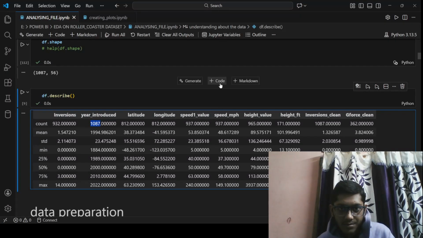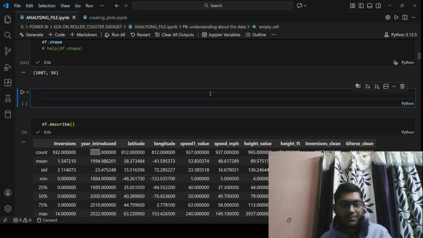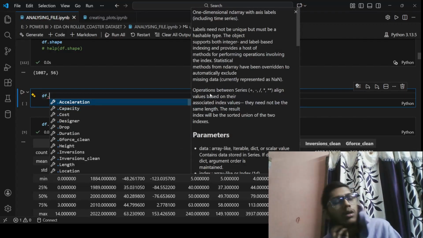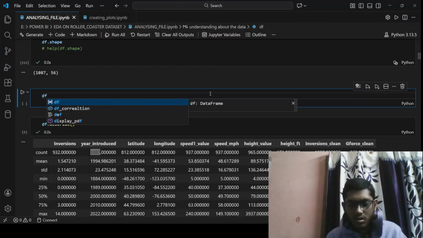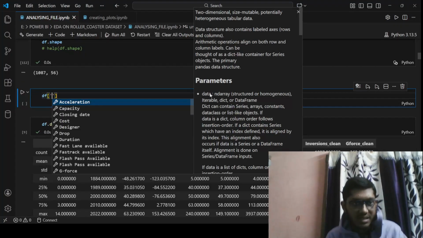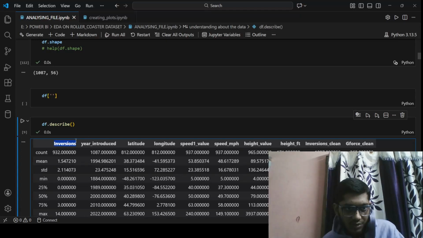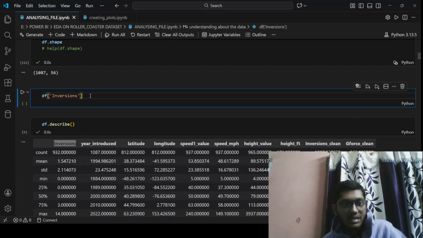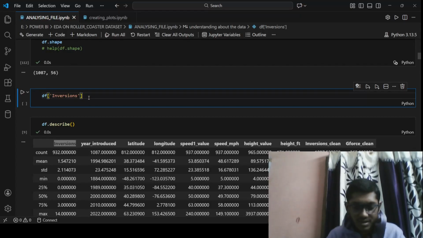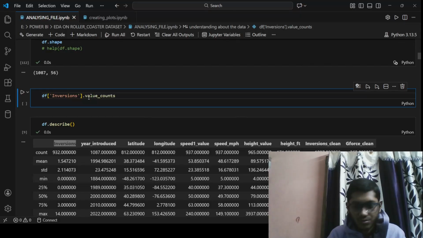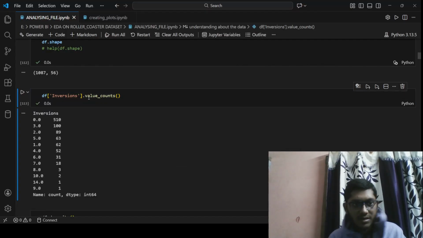If I have to, okay, df dot, I want a series here. The series should be of inversions, right? See, these things will return me a series from a data frame. I extract a series and call value counts. If I run this,